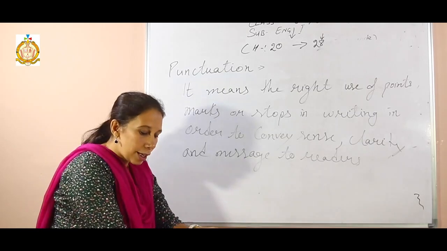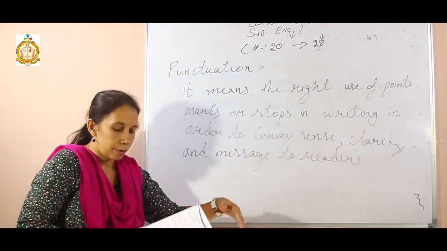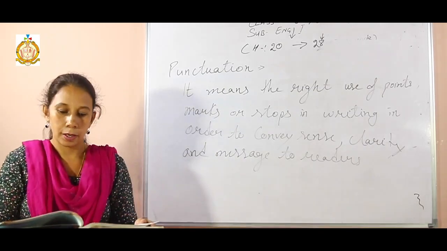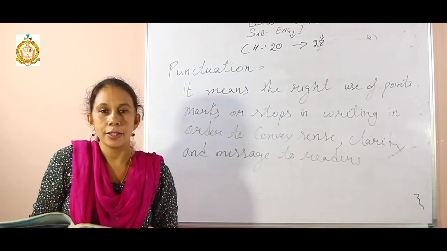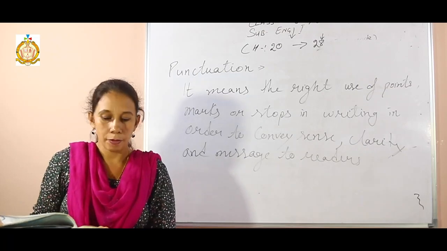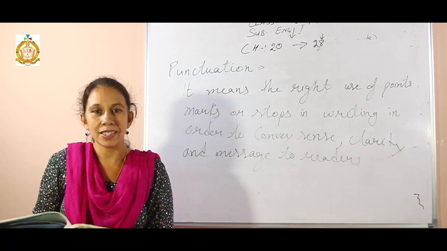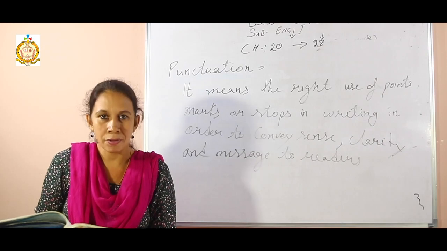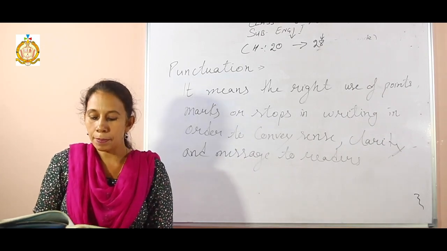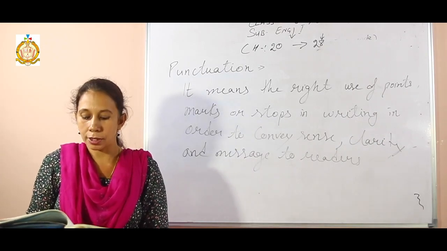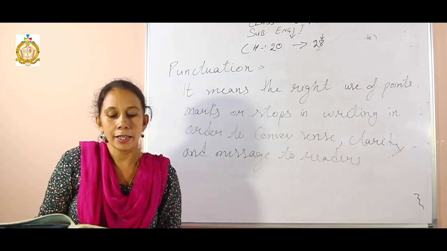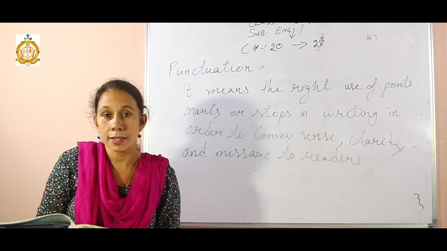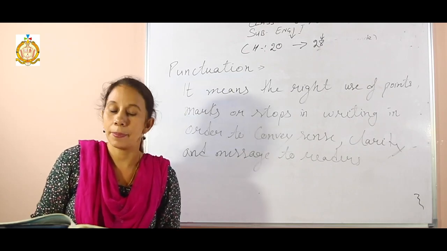And for 5th class students, open page number 128 and there is an exercise. Part A is very easy. Symbols are there for you. You can write only the name of the symbols. In part B, put the appropriate punctuation mark at the end of each sentence. And in C part, rewrite the following sentences by putting commas at the appropriate places.